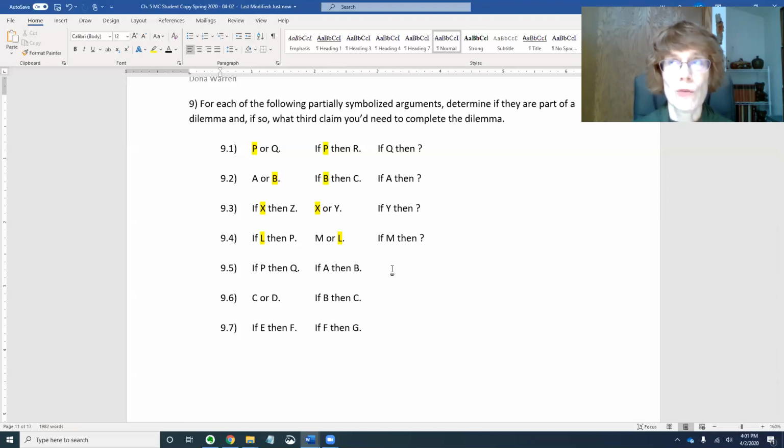Okay, well, remember the ingredients for a dilemma, right? There's an or statement, and two if-thens, and the if-thens have to be related to that or statement in a particular way. Well, what's missing? The or statement. What kind of an or statement do we need? It needs to have the front parts ored together. So what we need to do is just stick those two things together with or, P or A,